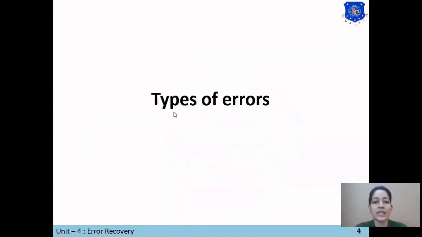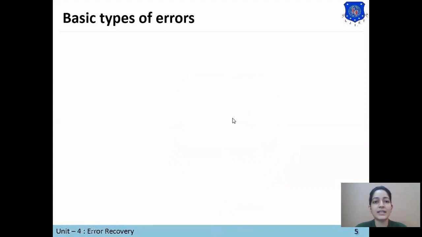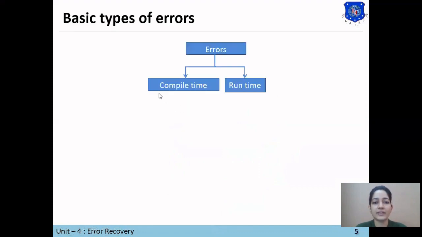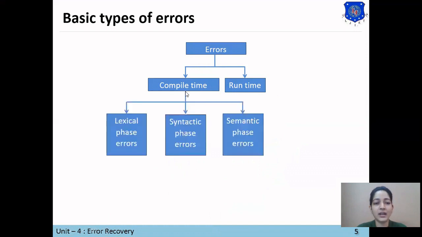So first, types of errors. Basically there are two types of errors. First one is compile time errors and second one is runtime errors. As compile time errors are detected by the compiler, we'll learn the different compile time errors in detail. First error is lexical phase errors, second is syntactic phase errors, and third is semantic phase errors.